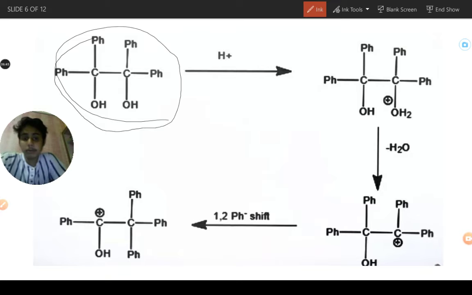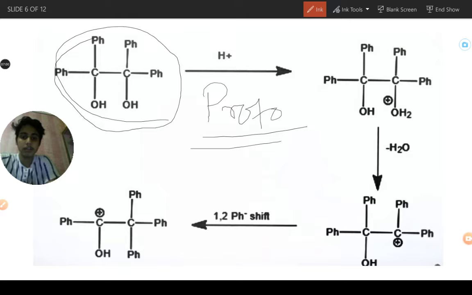I said about the protonation, then dehydrogenation, then we are doing migration shift, then again deprotonation. The first point is protonation. Here we are doing the protonation. Where does this protonation come from? It comes from H2SO4. You can see that H plus is coming out and HSO4 minus is going out, so it is H plus plus HSO4 minus. That H plus is acting on the pinacol product.